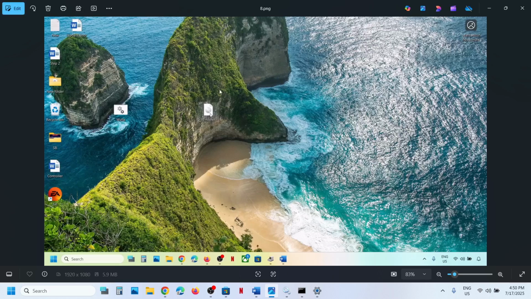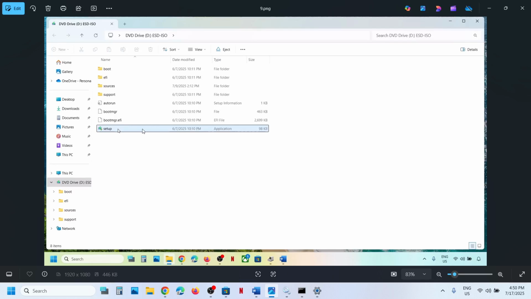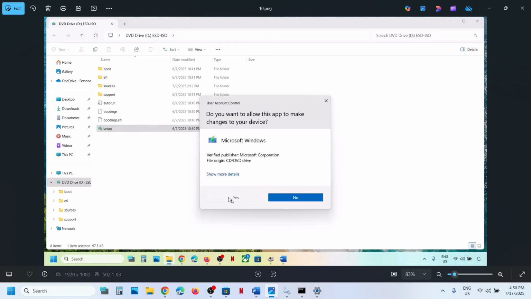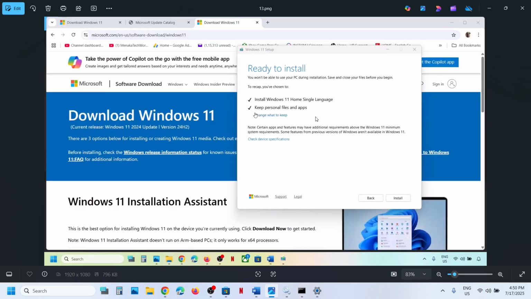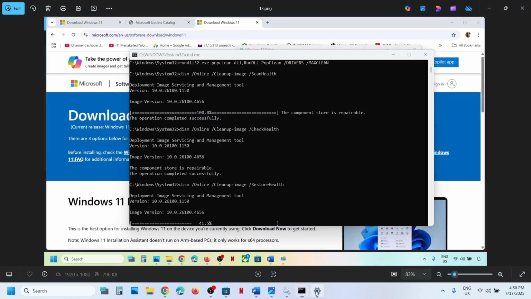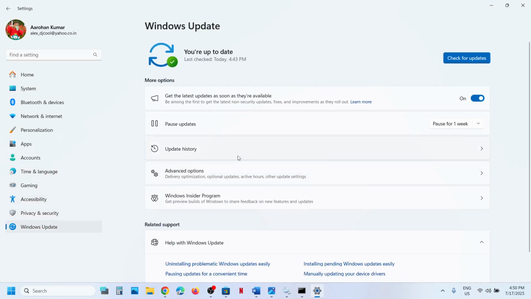Once done, go to desktop, double click on the Windows ISO file, then double click on the setup file, and click on Yes to allow. Click on Next, click on Accept, and here you can see Ready to install. By default the option to keep personal files and apps would be checked. When this is checked, you will not lose any data on the computer, so make sure this is checked and then click on Install. The install will take some time, and after the installation, log into the computer and then check. So one of the steps shown in this video should help you to install